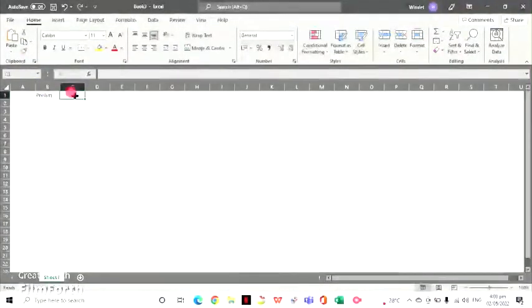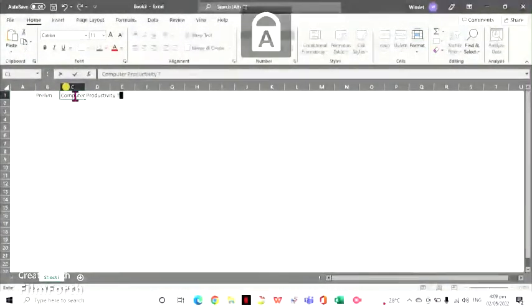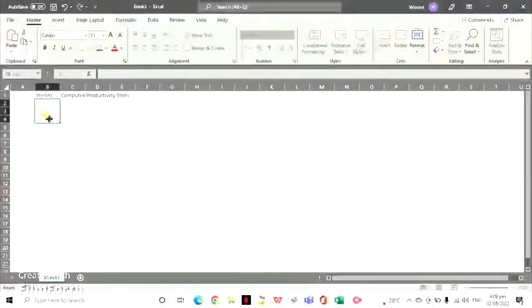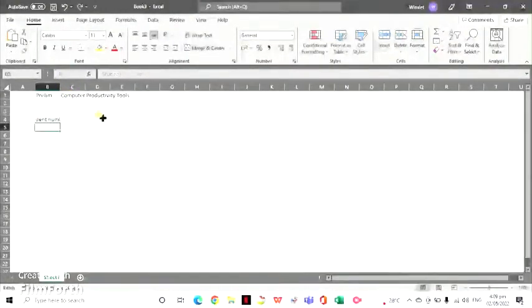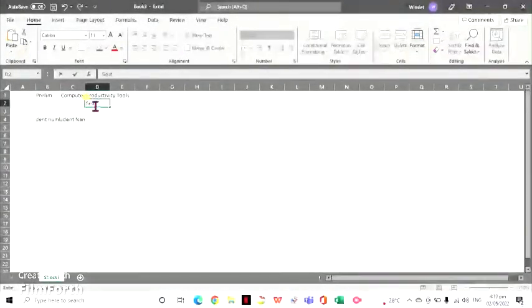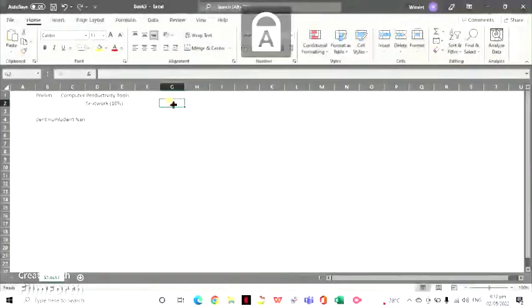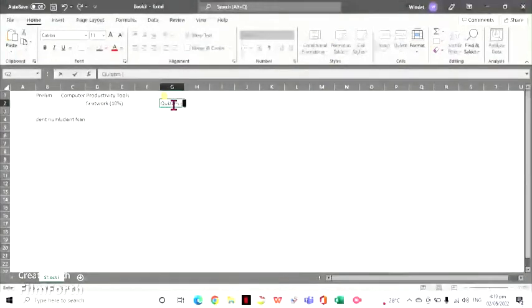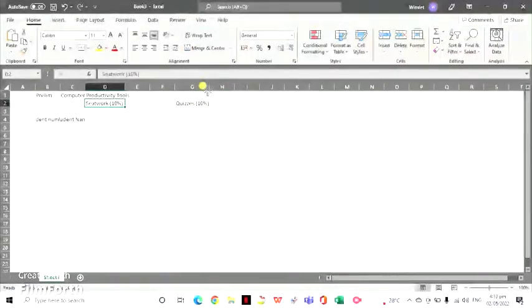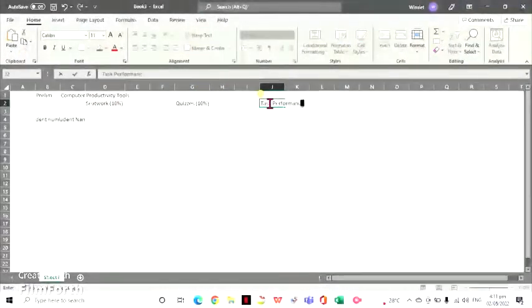So this is how I make my simple class record. As you can see, I type prelim in B1 and computer productivity tools in C1. Next, I type student number and student name on B2 to B4 and C2 to C4, and then merge. And then on D2, I type seat work, quizzes on G2, task performance on J2,